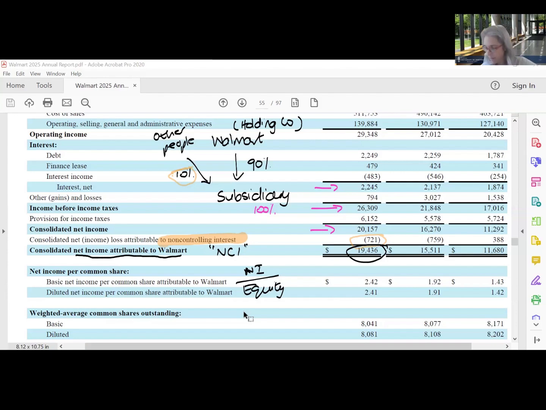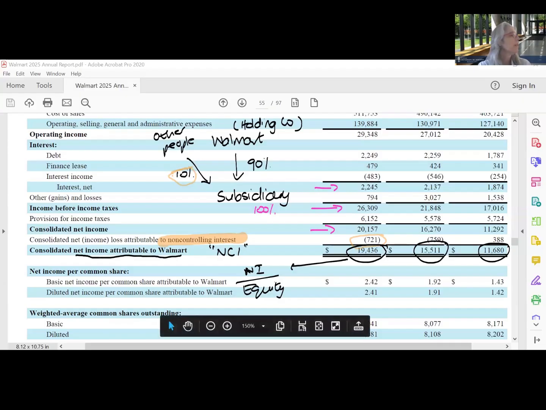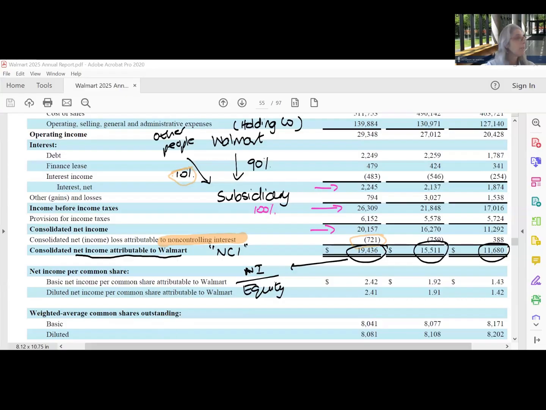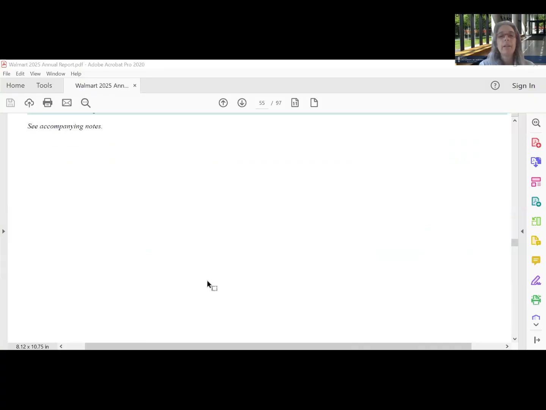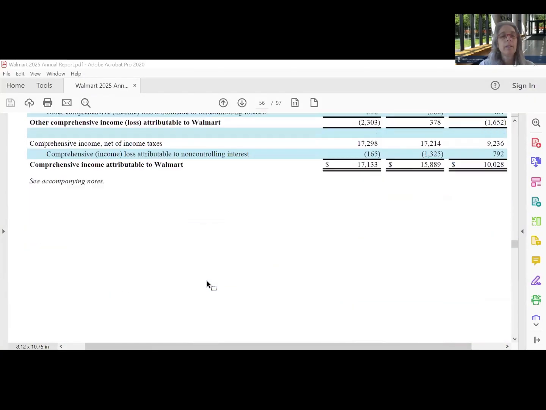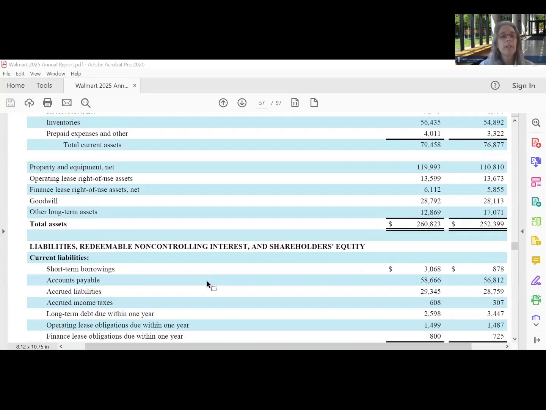So the 15.5 is what I've got in my comparable year, and the 11.6 is what I've got in the other comparable year. So we want to be consistent and do 19,436 for my net income number. So I'm going to put that into my spreadsheet, 19.436. Okay, and then when we do our balance sheet, so if we go down to the balance sheet,